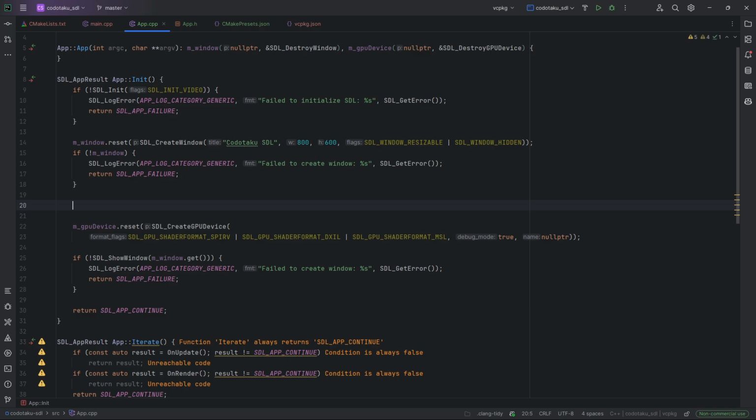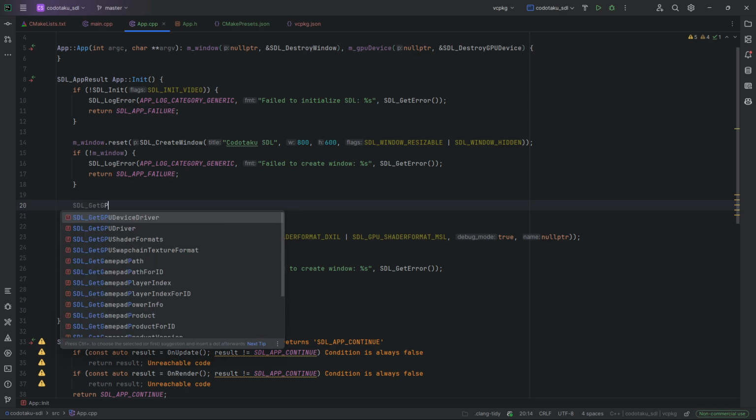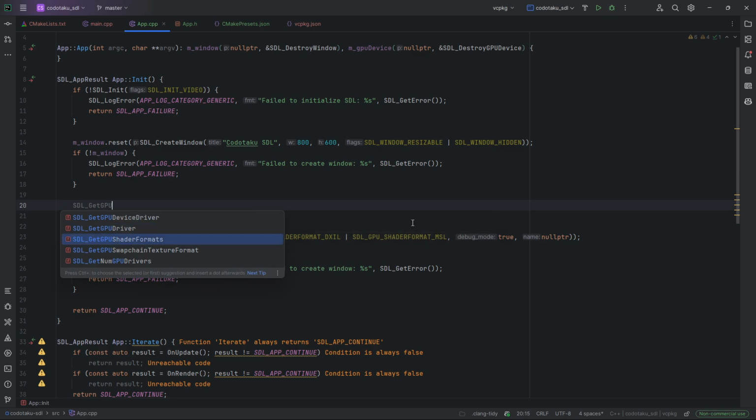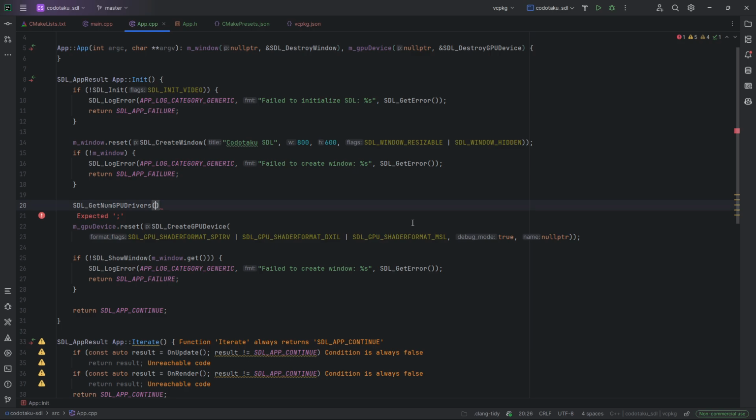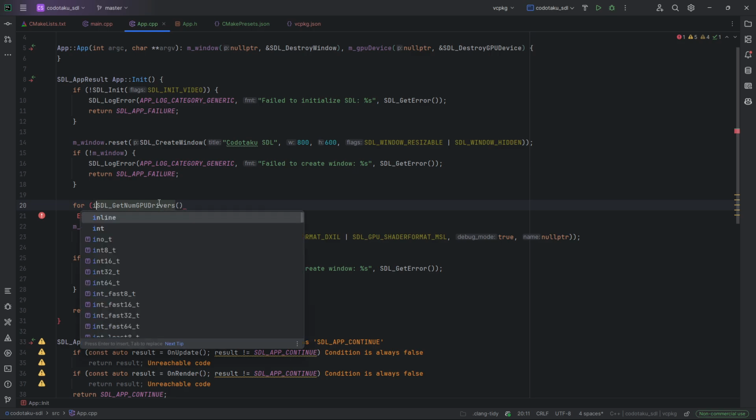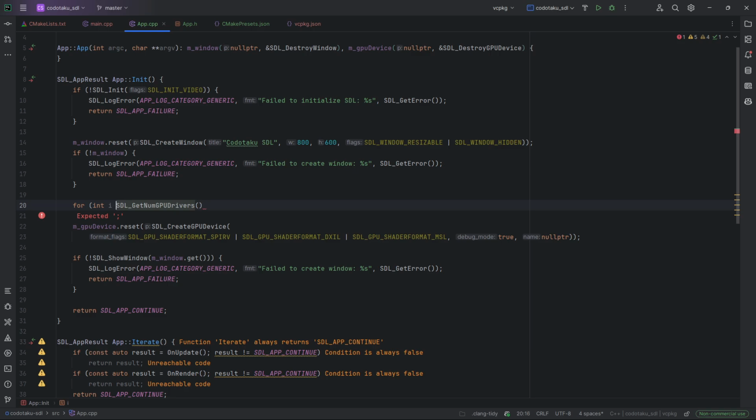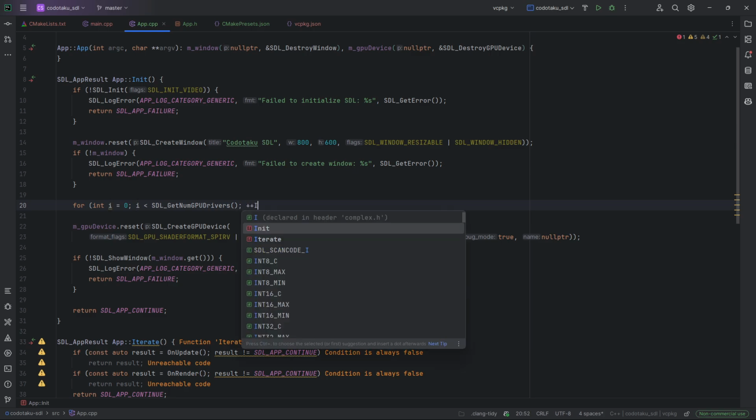If you want to know what all the drivers are, then you could basically get all the drivers. So get GPU device drivers. So get number of GPU drivers first of all, right? So like you're gonna say int, and here we could say, what is this type? Integer. Okay, so for integer, i is equal to 0, and then i is less than get number GPU drivers, then plus plus i here,